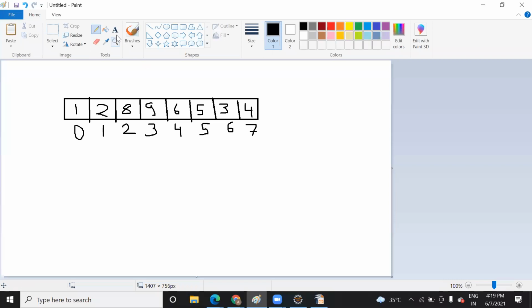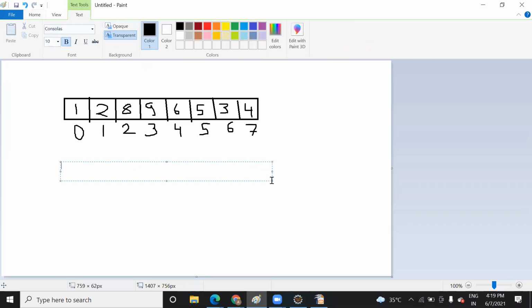And how do you declare an array in Java? Normally the declaration is your data type. Yeah, I know how to declare. Yes. And after that, the array name and then the square brackets. Yes, data type, array name, and subscript. This is called a subscript, where you will define the size. Okay. This is one method. There is another method where you declare like this. Yeah, where I put the subscript first. Yeah, that is also one method.